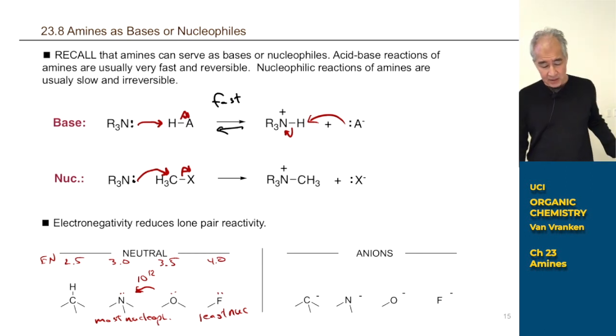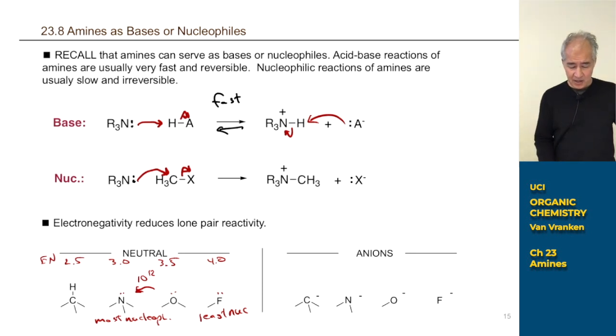Now, we can do the same comparison if we talk about the anionic forms of these. We can't mix these two groups together, but if I compare the anionic forms, even carbon can be a nucleophile if you're talking about carbanions or carbon lithium, carbon sodium. Those bonds are kind of like carbanions. If I compare a carbanion with an amide anion like LDA or sodium amide, with an alkoxide like potassium t-butoxide,